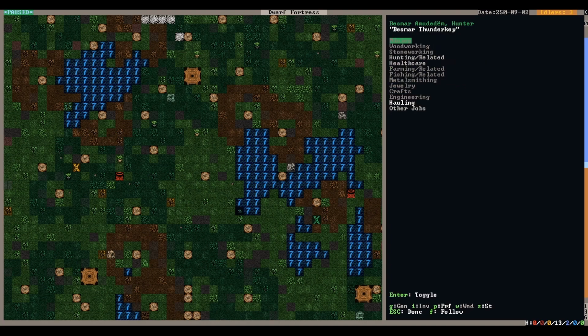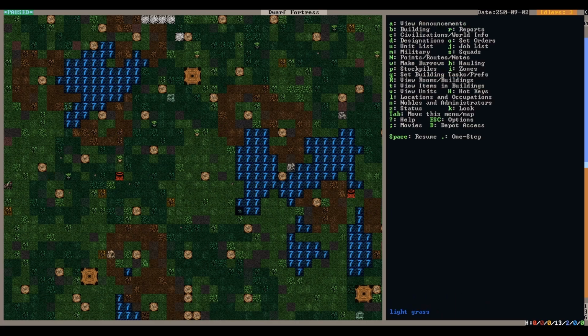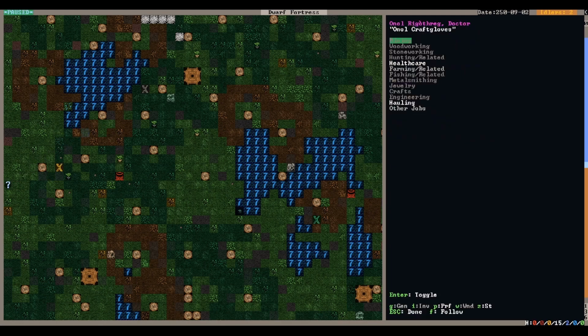L for labor. No, I have to use plus and minus. Hunting related, do not hunt. Just right now, okay? And unpause. After you... Oh, you left your crossbow right there. Probably should have waited. Then we have...